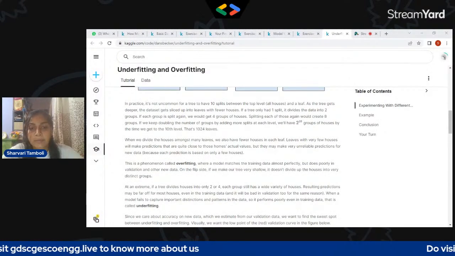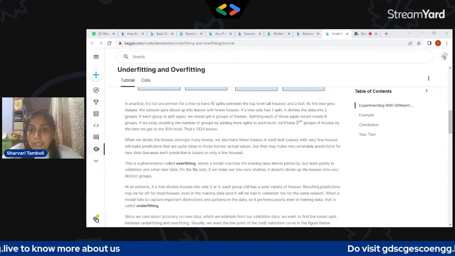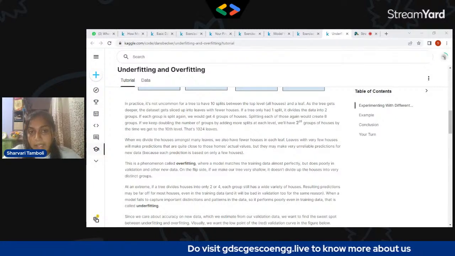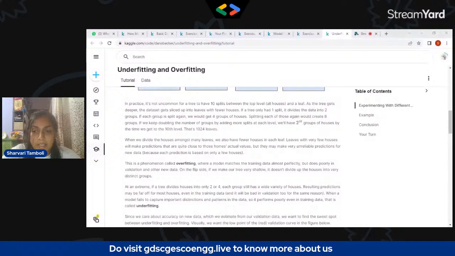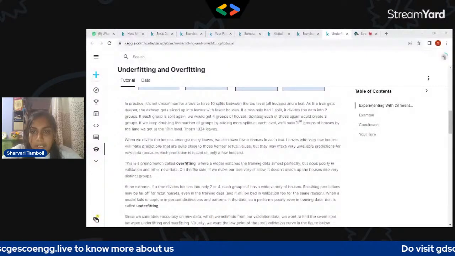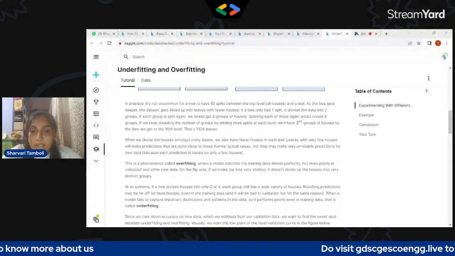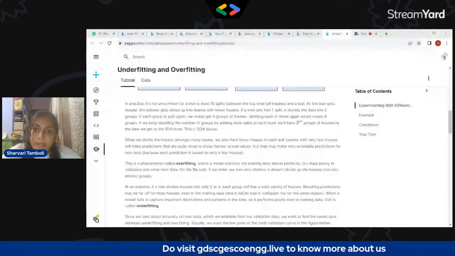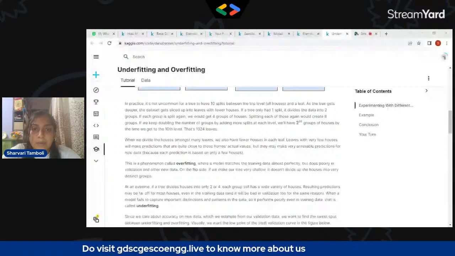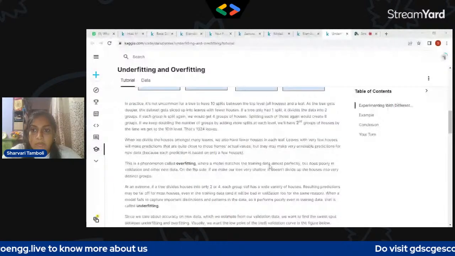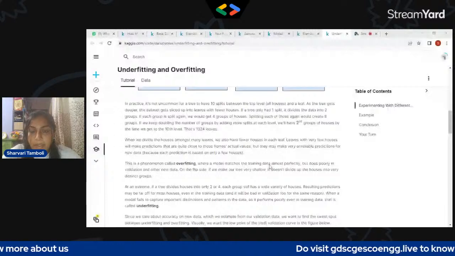Why I'm explaining this is, as the splits increase, we'll get fewer houses available at the end of the decision tree, that is, on the leaf nodes. This may increase the accuracy on the training data, as we have fewer houses to compare, but it will give unreliable predictions for new data. This is called overfitting, where the model fits the training data perfectly, but does not fit